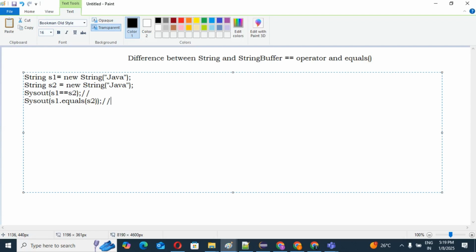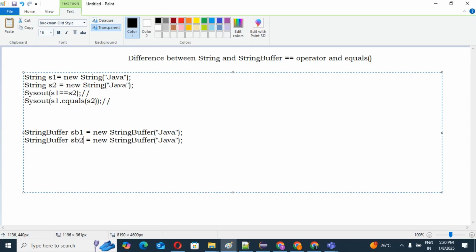Then second thing, I am going to create one StringBuffer class object: StringBuffer sb1 equals new StringBuffer, and in this also I am going to pass some letters like Java. Then I am going to create one more object, sb2.